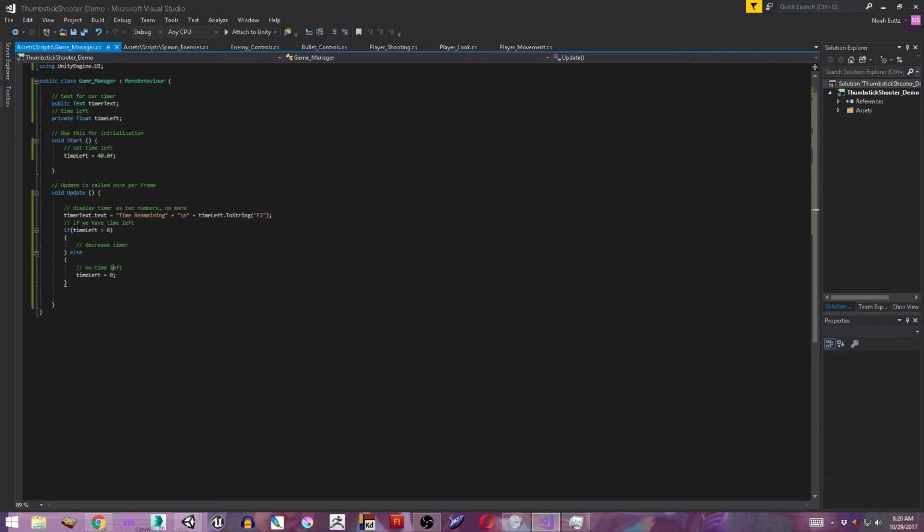Okay, so every time we start the game, we have 40 seconds to complete the challenge. And it will display our timer as time remaining, and then under it will say the time, but just two numbers. And then we have another condition that says if time is greater than 0, we will decrease the time. So we will say time left equals time.time